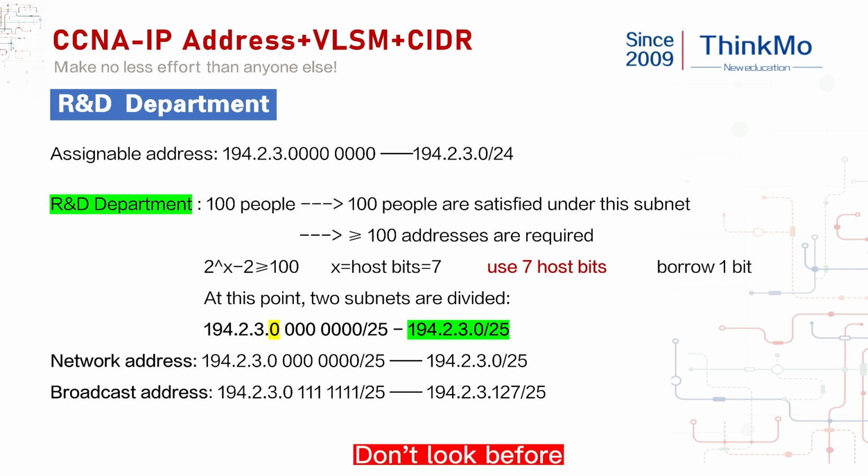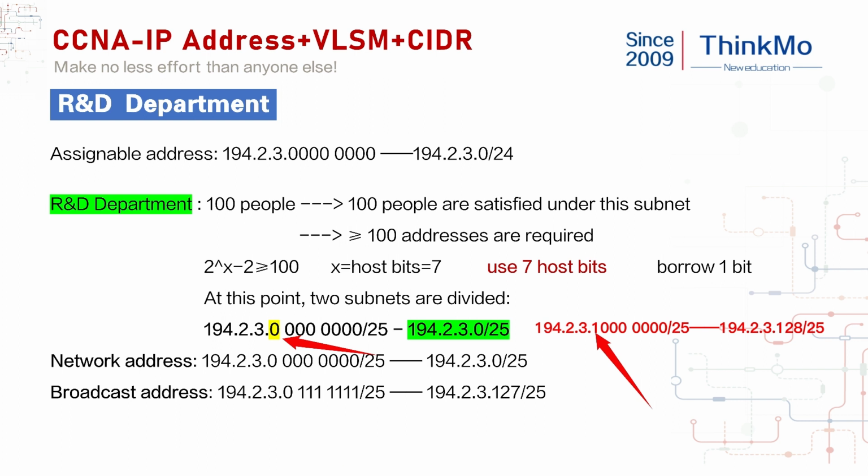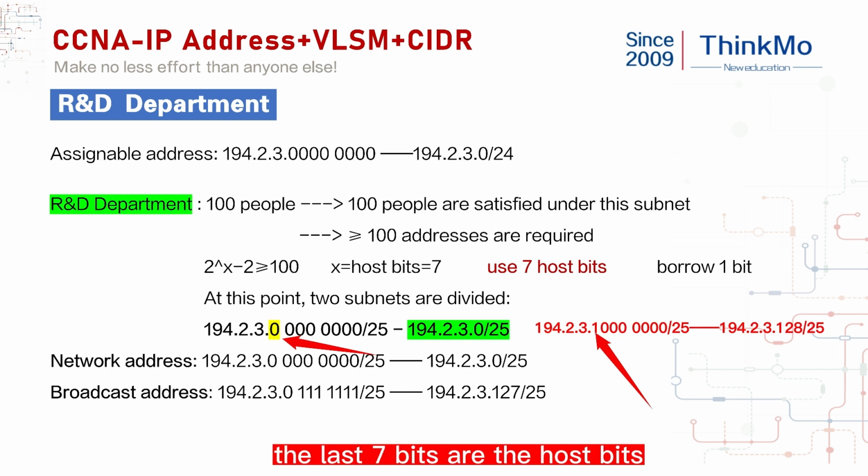194.2.3.0. Don't look at the front, just look at the last one. Originally this bit was 0. Now divide 1 more, then this one is 1. This is the bit that was borrowed. Then for the subnet, except for the bit you borrowed, the last 7 bits are the host bits, all set to 0. This is what is calculated now. The above one should be 0.0, and the one below is 0.128. That is 194.2.3.0 with a mask of 25 bits. We're taking a borrow now. After borrowing,